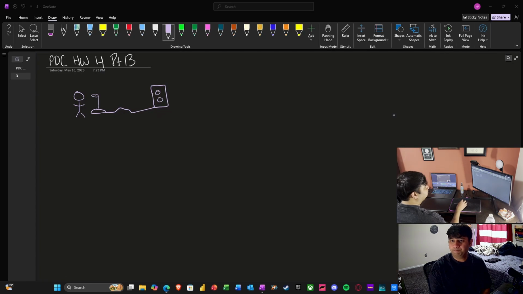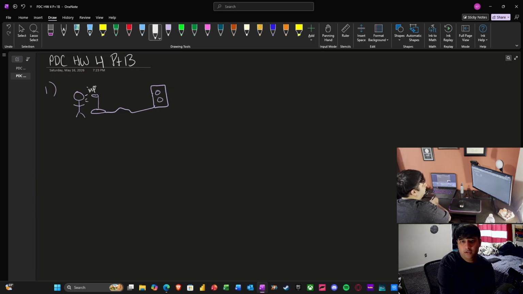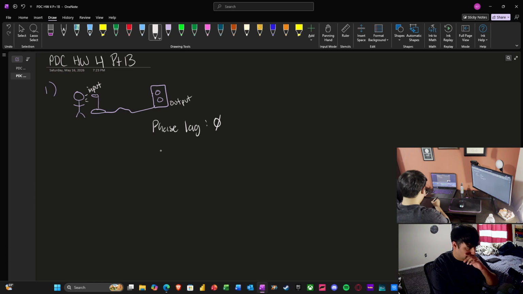So for the first one, I've already got our little diagram written or drawn. And so what we're going to label is our input and our output. And what we're going to be looking at is phase lag, which is represented by phi. So how this relates to amplitude ratio is if phi is less than 180 degrees, then our amplitude ratio